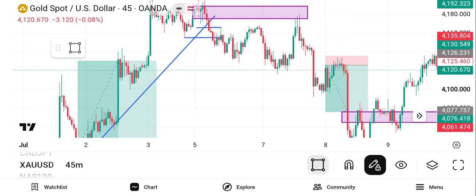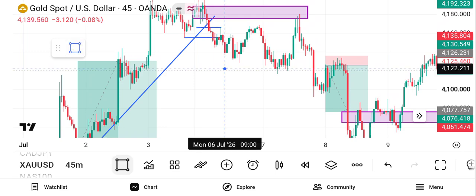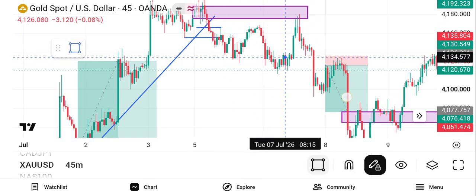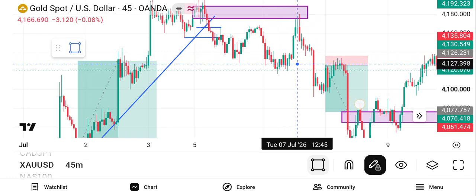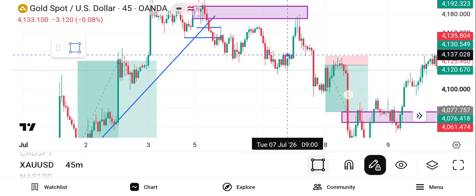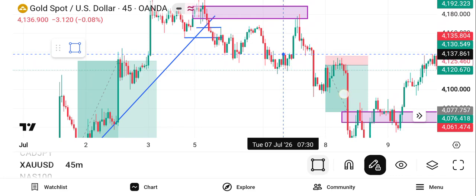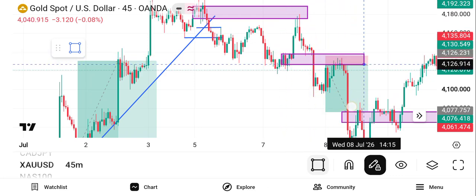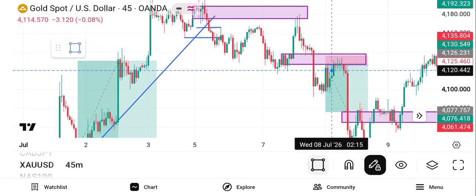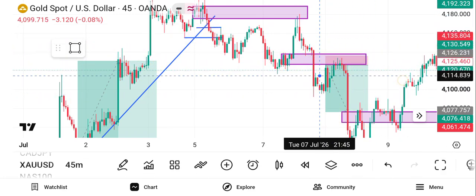So I was waiting for confirmation. When market pulled back to this zone, when market pulled back to this breaker block, I was waiting for my confirmation, and then when I got the confirmation I was looking for, I entered this trade from this zone. That is why you see that gold sold from here, and then my profit target,